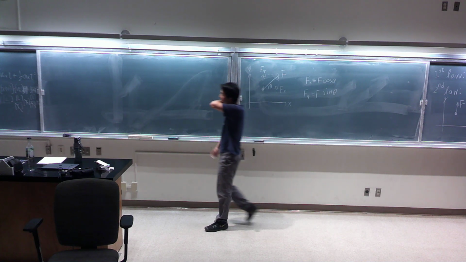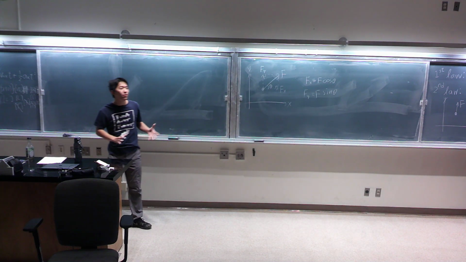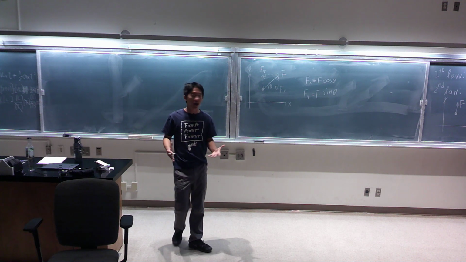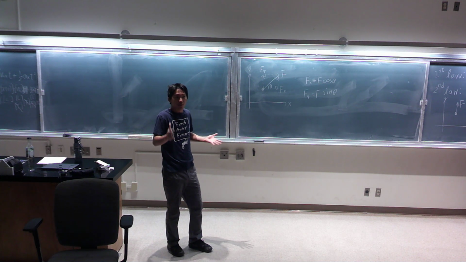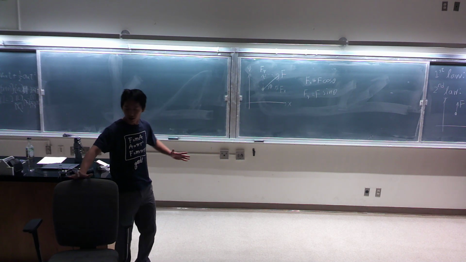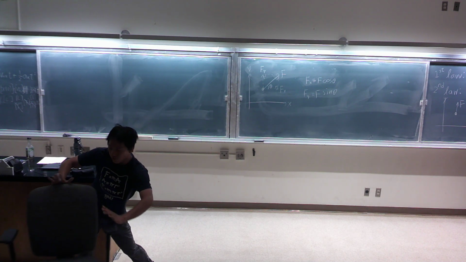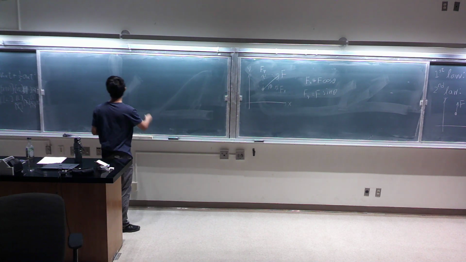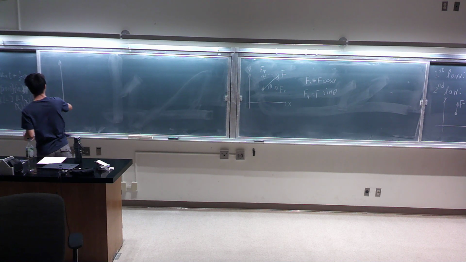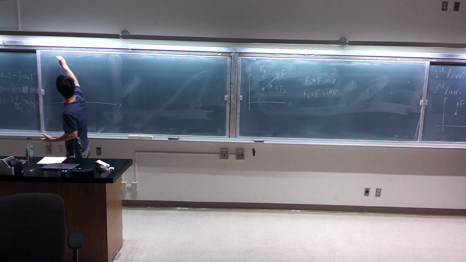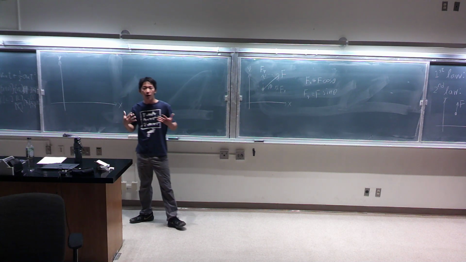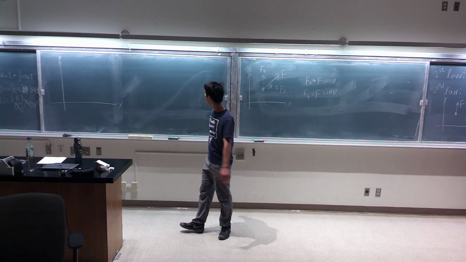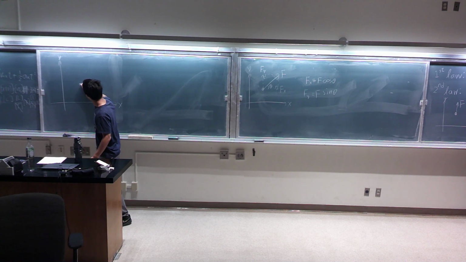Now, what if there are more than one force acting on the particle? You can have more people pushing the chair at the same time. I can just push the chair with two forces just by myself. So what if there's two forces acting on the particle? If you have two forces acting on the particle, let's say you have the first one called F1 and the second one called F2,